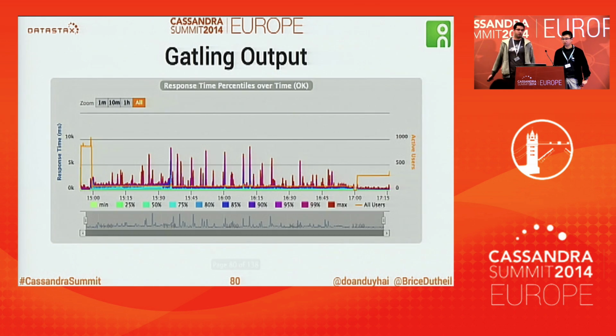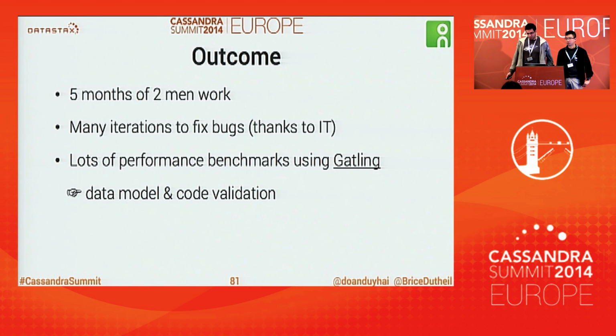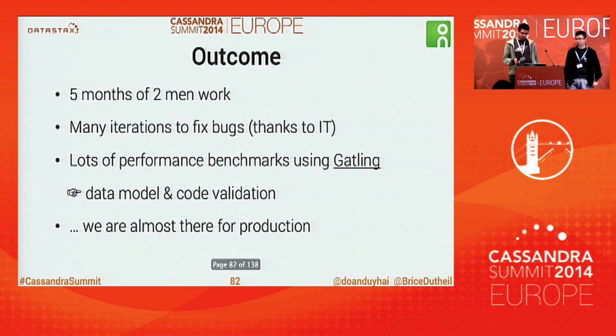For example, take this Gatling output. If you don't use it, just try it. It's simple. This graph is just a part of the output. It plots the response times of our application over 2-hour runs with different percentiles. Really, it can help you to compare the old model with SQL and Cassandra. So it helped us to validate both the data model we did in Cassandra and our code, because this code will have an impact on Cassandra itself. And for that, we are almost ready to go live.